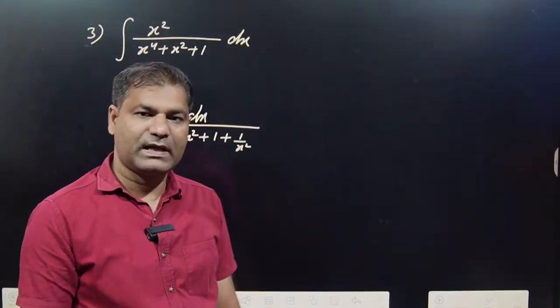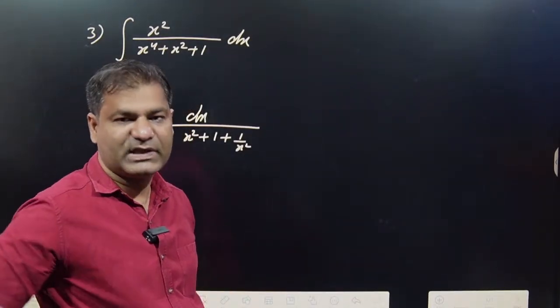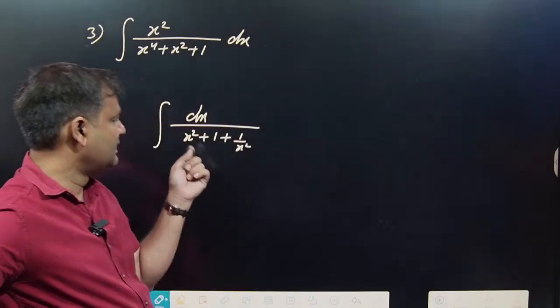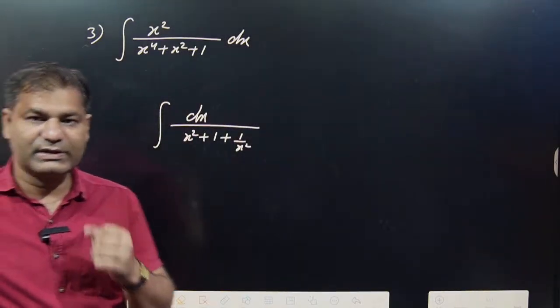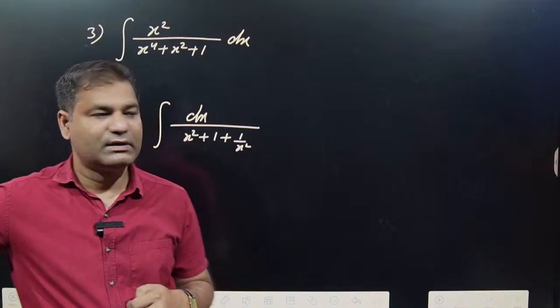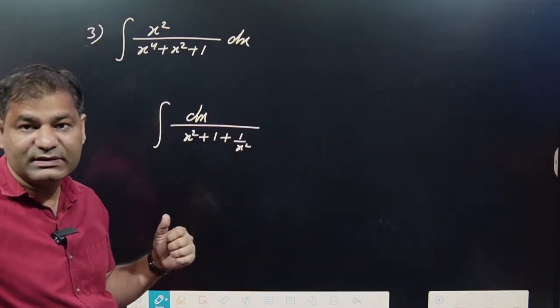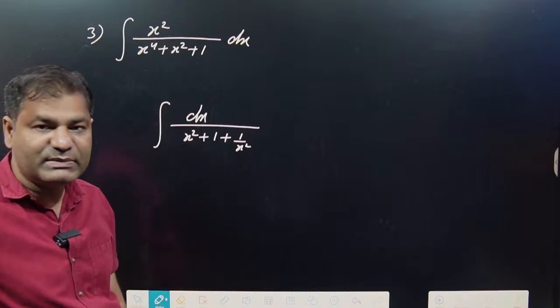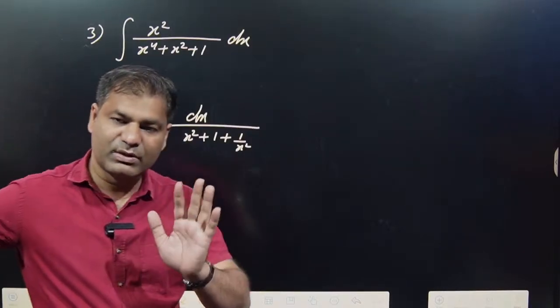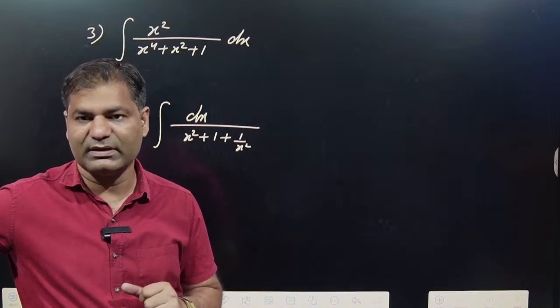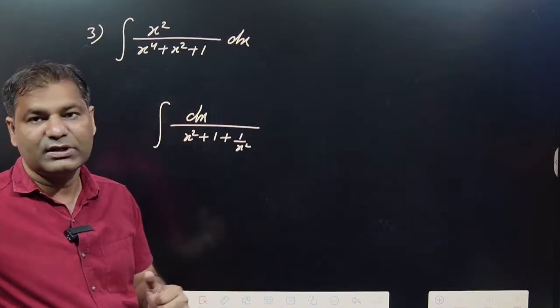But the problem is that if you take this question and do it corresponding to that one, then you can create problems. Why? Because of which part is taken as t and which part is dt. dt is not available. dt means 1 plus 1 upon x square or 1 minus 1 upon x square into dx is available, but here it is simply 1. So that's why